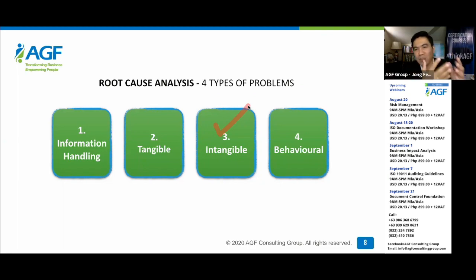Not just one isolated process, but the entire system. So intangible root causes, or intangible problems, refer to systems. Maybe the strategy itself is faulty. Maybe the plan itself to start with is designed to fail. Wow, that's terrible. Okay, so if that's the case, then if the issue is intangible, you need to revisit the